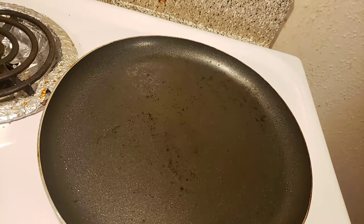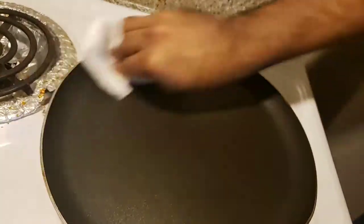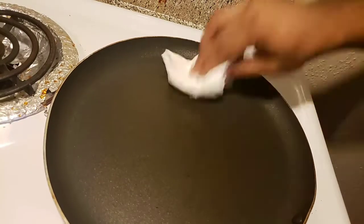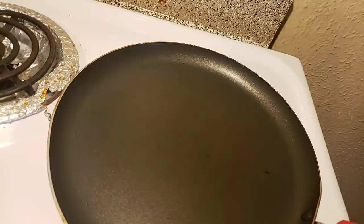Okay, now you're going to clean this up really well. And then our next thing we're gonna do is make the filling as well as the grill part for it. Okay, and I'm going to take out the butter so we can soften it up for a little bit. Okay, now I'm going to bring you back to the